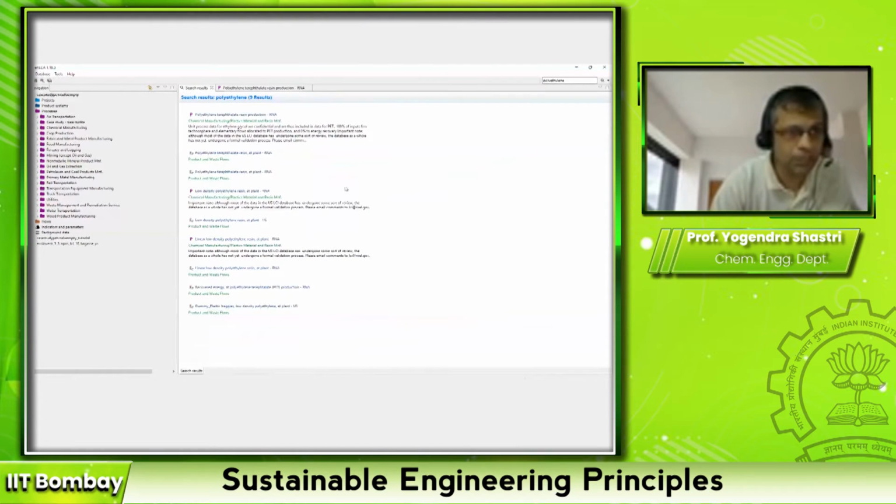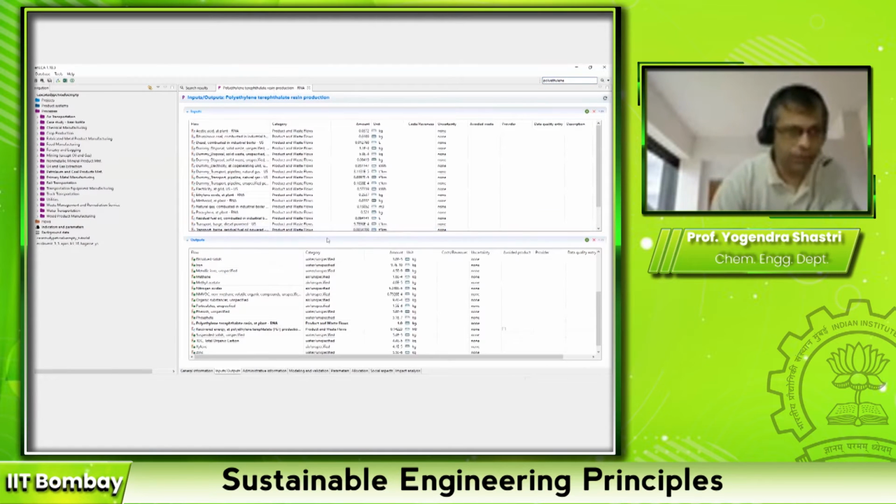And you will see when you search, it shows anything that resembles this term. Doesn't matter whether it's a product or flow. So it shows that there is one process for polyethylene terephthalate manufacturing, and this is the product flow that is coming out of this process. Okay, so that is something we don't have to define ourselves. It's already part of the system.